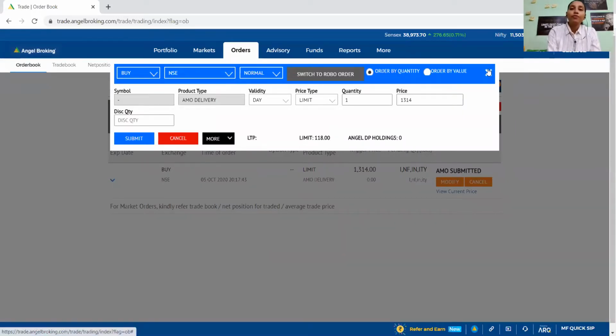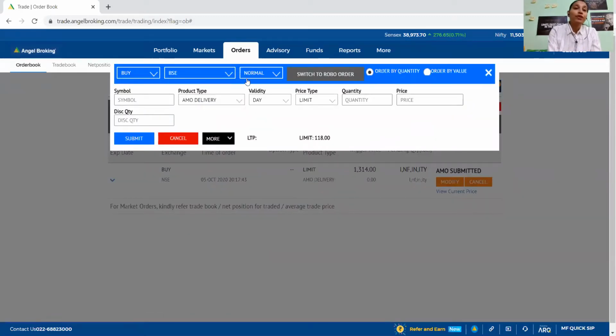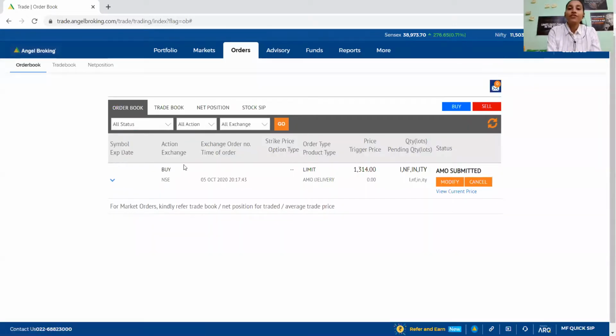Okay. So now what you want to do is stop loss. For example, as there is no trade right now, let me just try to do it like this. If you do the sell trade, then you will be doing it in respect to this. For example, if this trade is executed, suppose you have bought this at 1314. Suppose my stop loss is 1300. What is stop loss, people? Stop loss means if it goes below 1300, then I will be closing this trade. I will book my loss automatically.